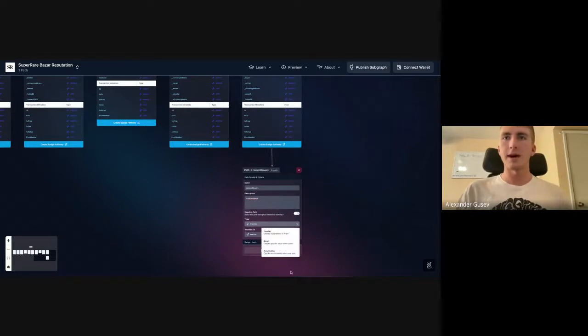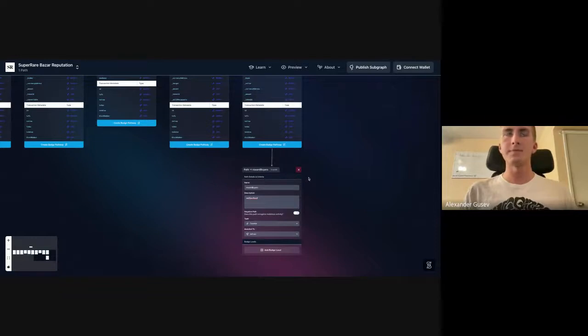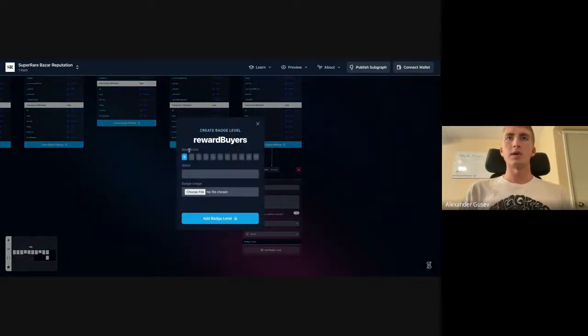We have 3 different types of badges. For here, we'll just check a counter. Counters increment depending on how many times this event has happened for a specific person. So if I buy an NFT, I'm going to get 1 counter point. As we have more, it's going to increase, and we can define badge levels. When we create badge levels, the soul score is a scalar value that tells us how much weight should be behind this action. So let's give this a very easy one. If they buy 1 NFT, they're going to get a badge with a soul score of 1.